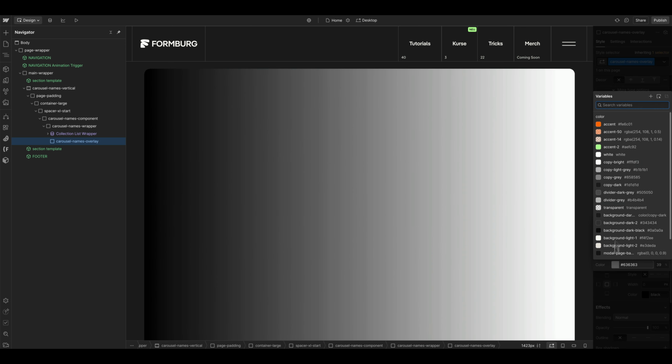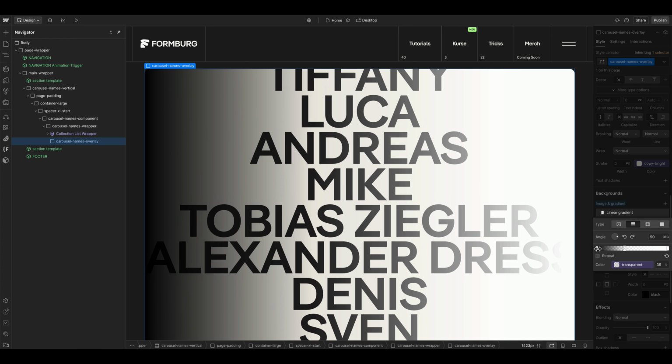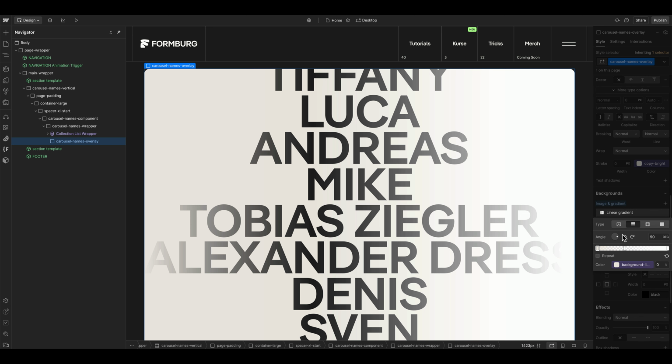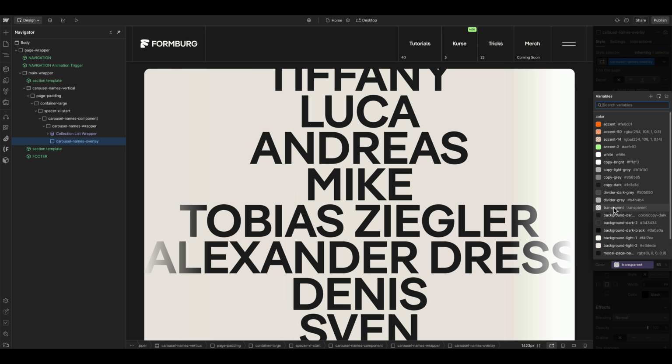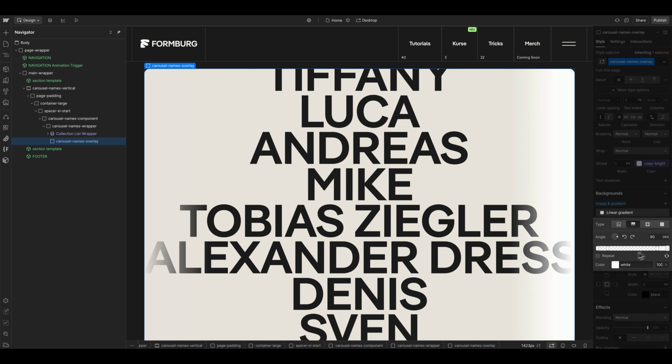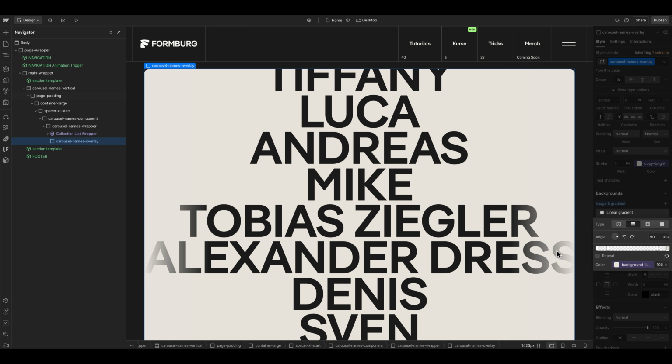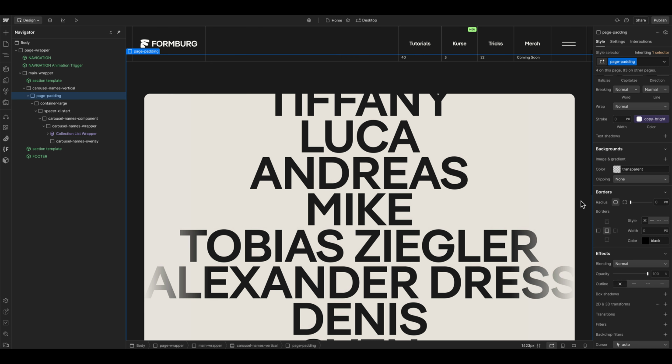This one should be from a color. Let's add the same color like in the background, which is easy with the CSS variables. And we go maybe here on the 15%, and then on the 85, we go to another transparent color, and then we can add the background color again. So we can fade out the names if they go too large. This is maybe a nice little detail.